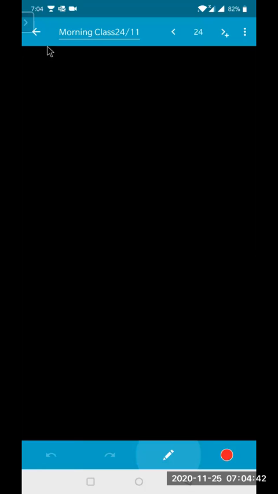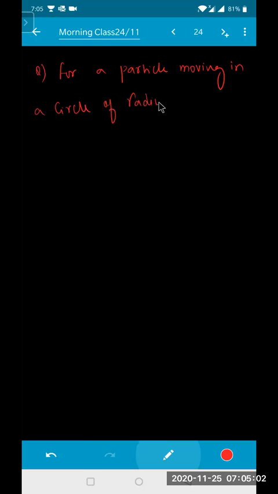So this one video. For a particle moving in a circle of radius, say for example 50 meters, with V equals 40 t. Then find its